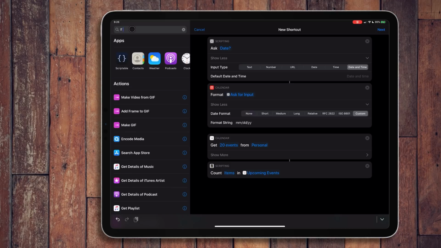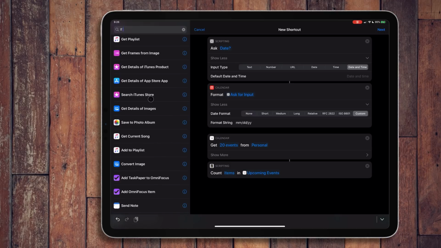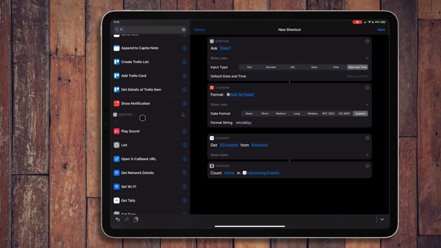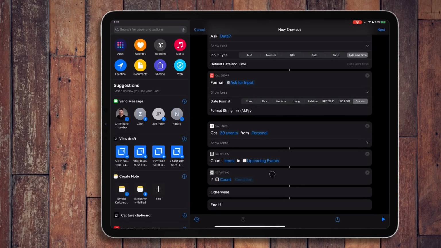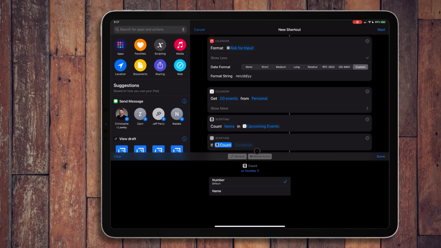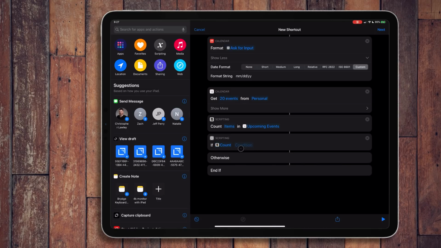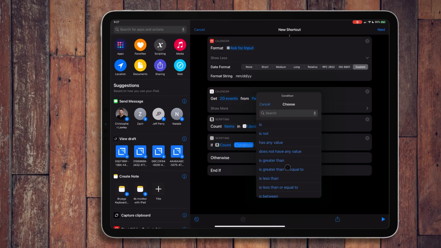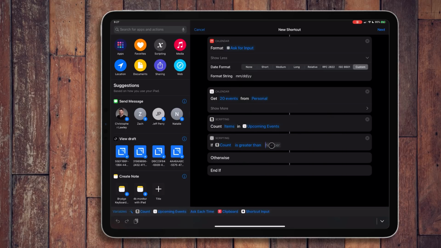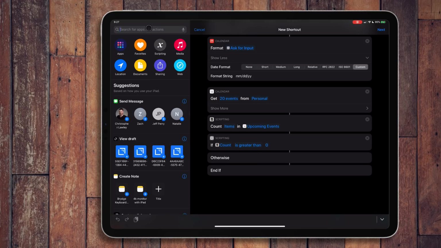Let's get an if statement now. Let's see here. If, man, have to scroll way far down to get an if. Okay, so we're going to do if count is greater than 0. So basically what this is going to do is we're going to say if the amount of events is greater than 0, it's going to show us our events. So we need a